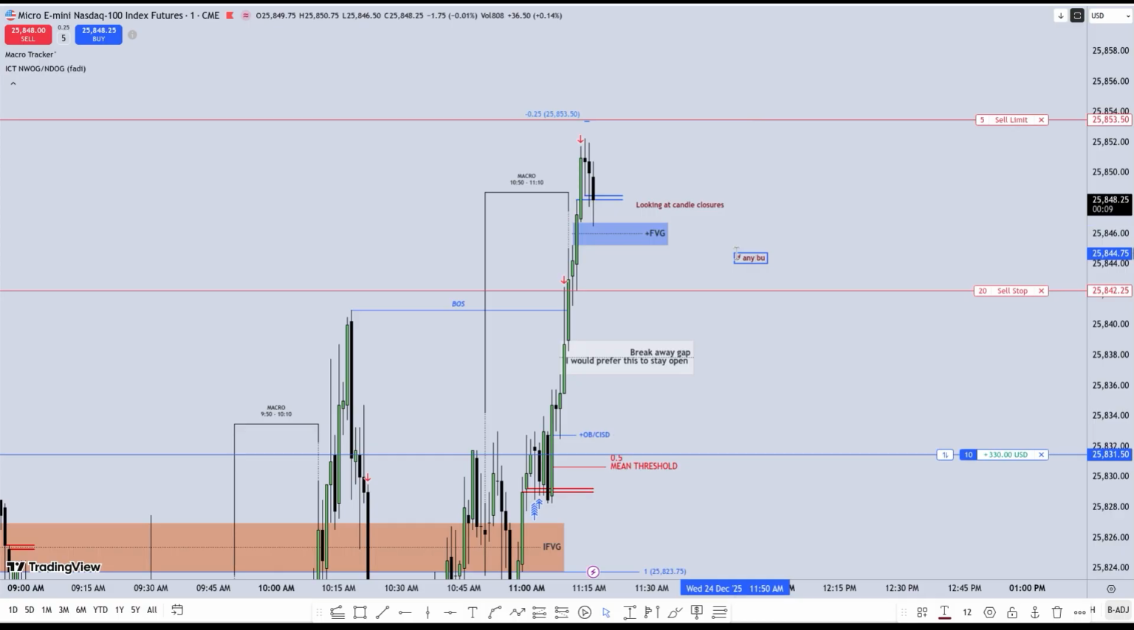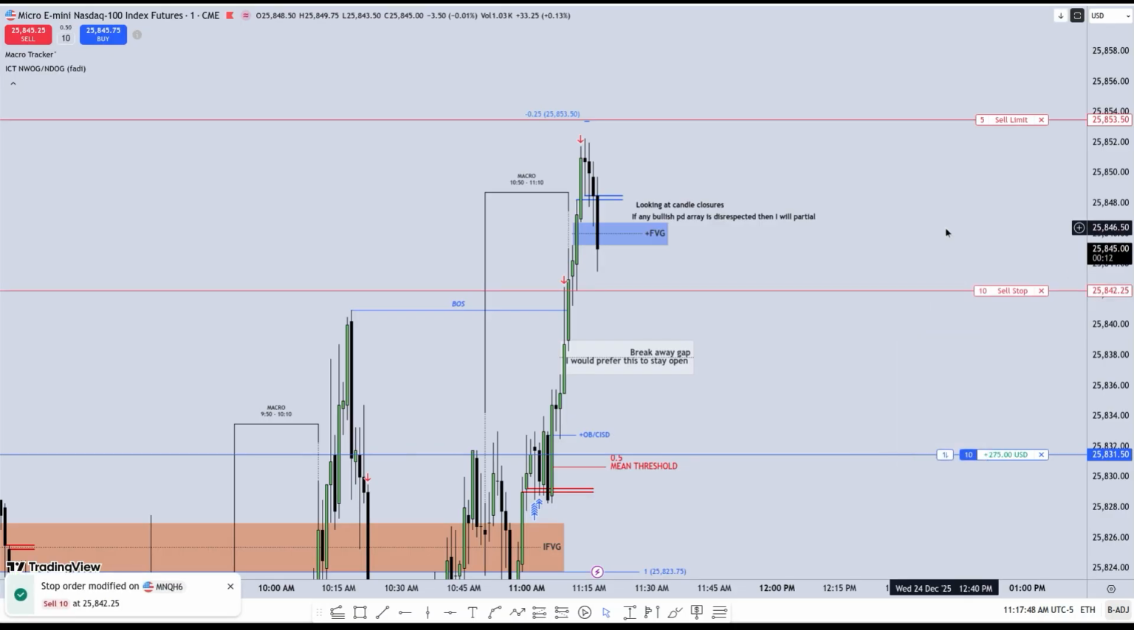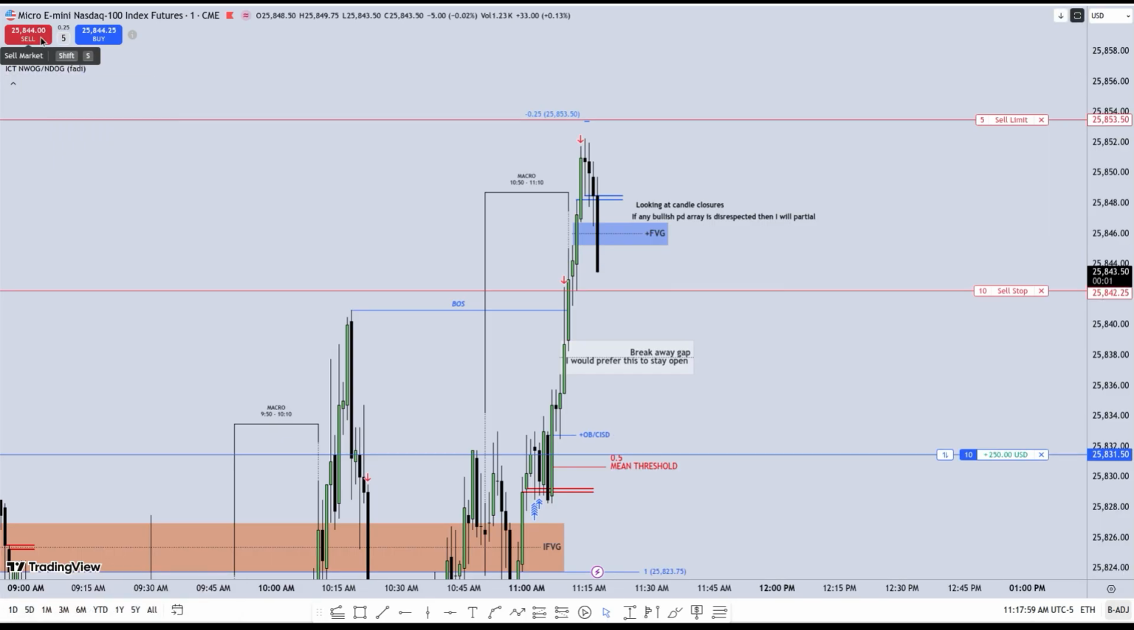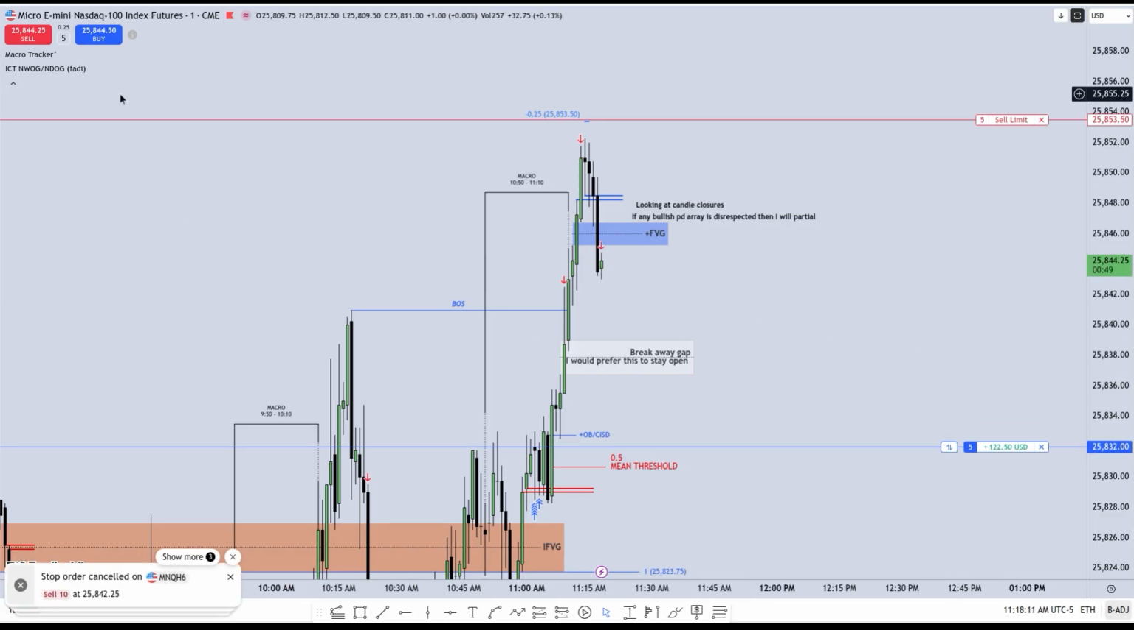If any bullish PDR is disrespected, I'm looking to partial. Okay, so as you can see, the bodies did respect that fair value gap initially, but then the retracement went far down than I could handle, and I had to close. The market started rallying down just like that. So if I had forgotten to set that at 10, that closure took off 5 there,